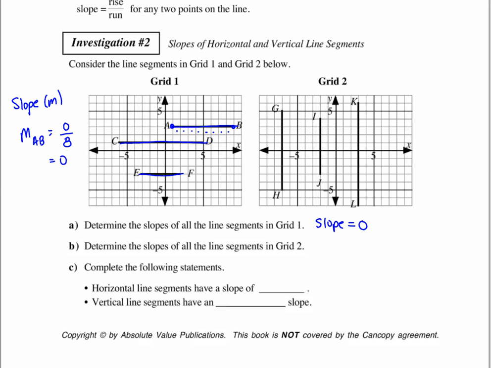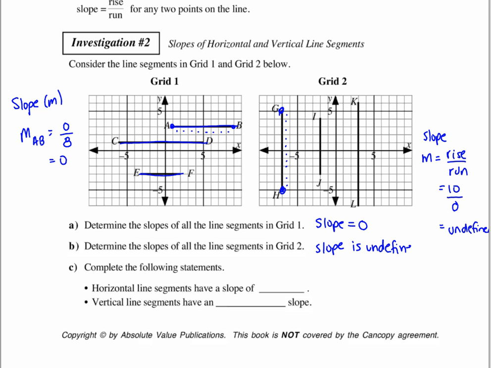Okay, because whenever it's horizontal, it's 0. When you have a vertical, let's look at, for example, GH. Slope, or M, is equal to rise over run. How much did we rise? 1, 2, 3, 4, 5, 6, 7, 8, 9, 10, divided by our run. Well, how much did we move left or right? We didn't. We stayed in the same position. So 10 divided by 0. Can you divide by 0? No. So that's undefined. So when you have a vertical line, the slope is undefined